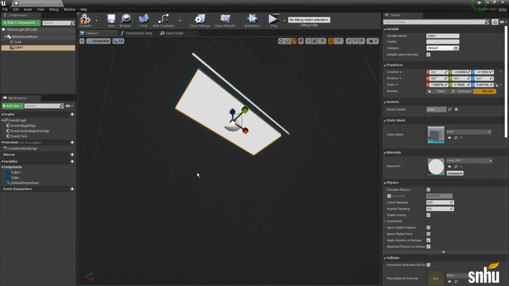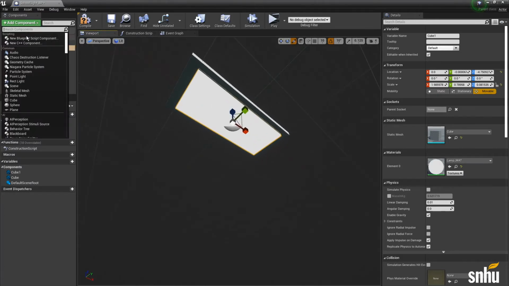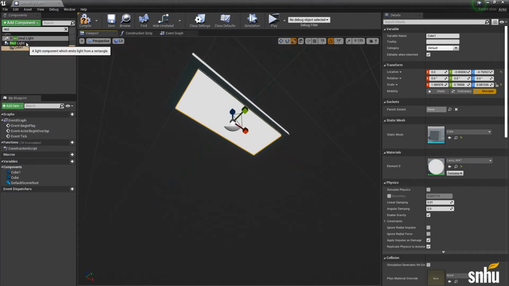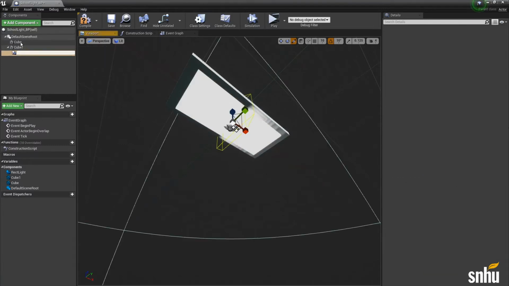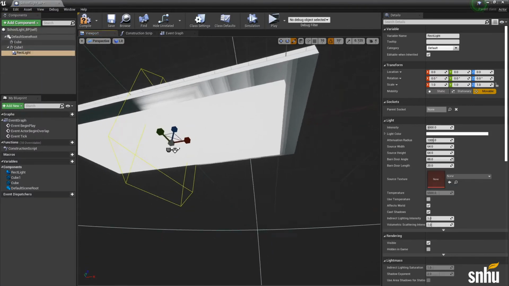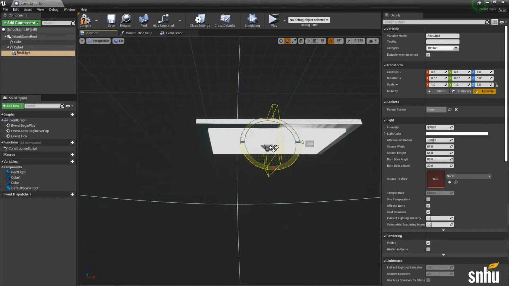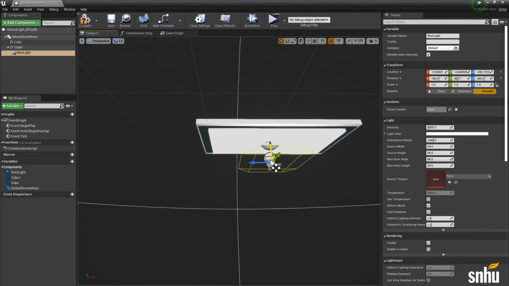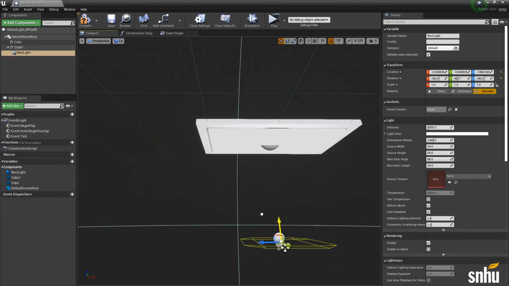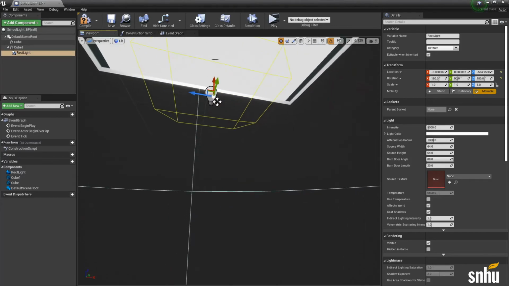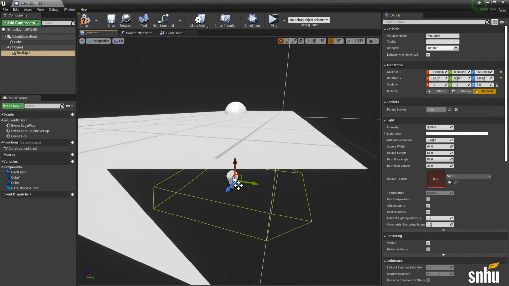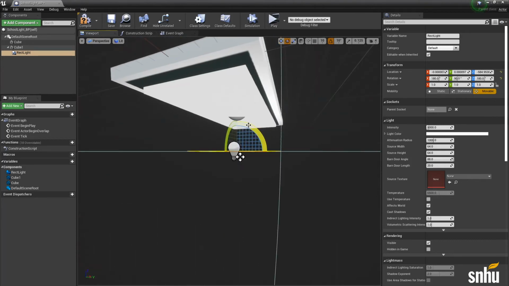And now what we can do is go into here, type in rect, and we want this rectangular light here. So now we want to go ahead and rotate this guy. So the light is facing down. I think I got it facing up right now. Yep, I got it facing up.